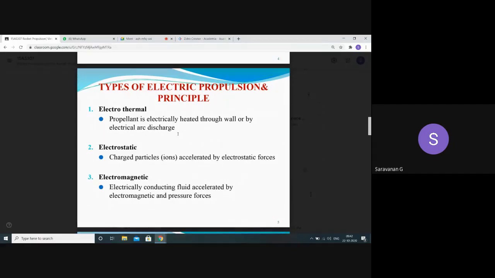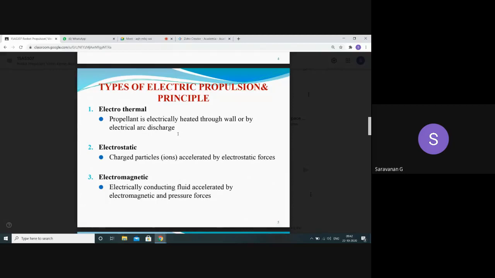The second one is electrostatic, due to ionization. I already told you the ionization method: ion propulsion, the ion thruster. Then one more propulsion system: what is the other method under the electrostatic? Can anyone answer the question? What is the other? Hall effect thruster. Yes, both systems employ electric force along with static force, electrostatic forces.